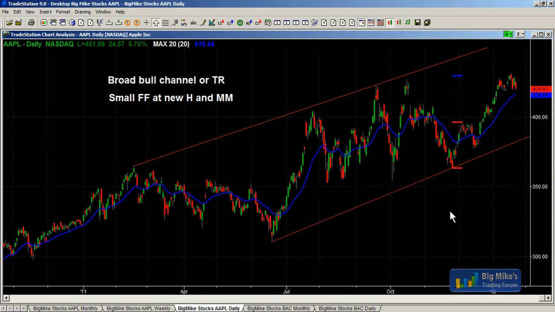But to me, we're starting to get increasingly two-sided in Apple, and I would not be buying breakouts. I would only be looking for shorts up there. However, just because it's at the trend channel line does not mean I would short. I would want some kind of reversal setup. Like we had this little double top over here. I thought that was a reasonable short, for a trade. We had a double top over here.